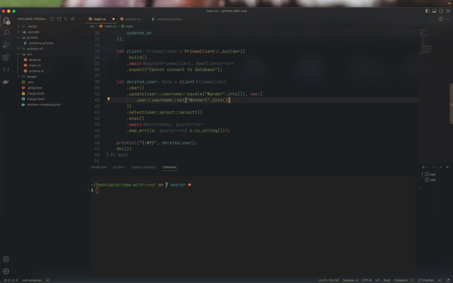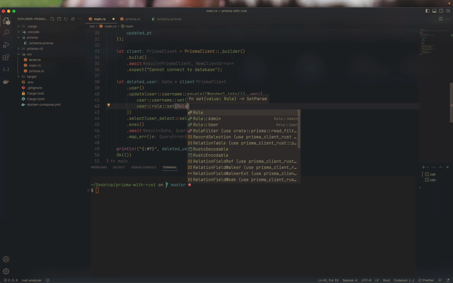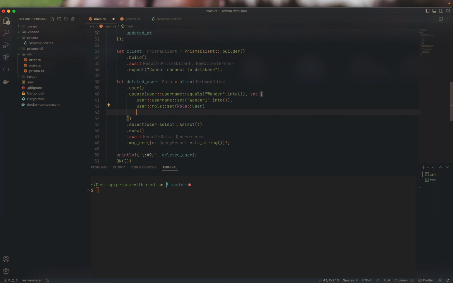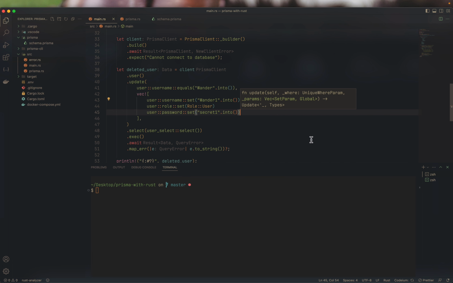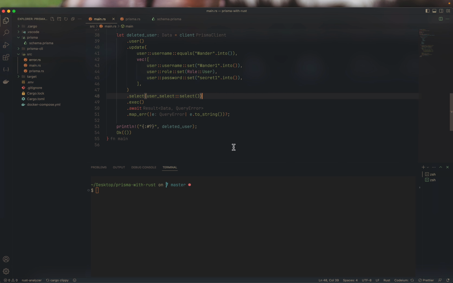and I can also go for another field as user roles set, and then I can set the role, which I need to import, to maybe normal user, because I want it to be a normal user. I can also set the password as well, so I can go for set and then secret2 or secret1, whatever, like this, and then there is our query,